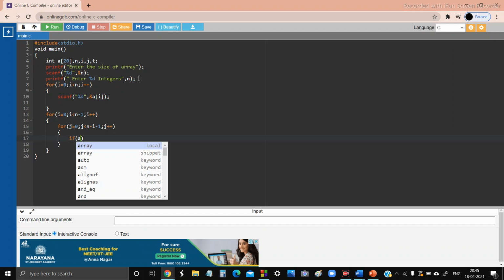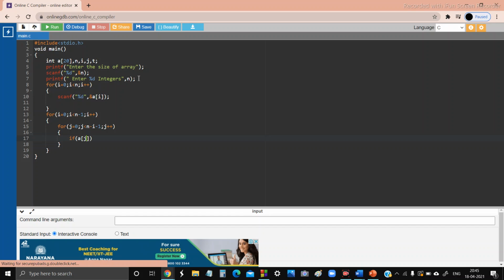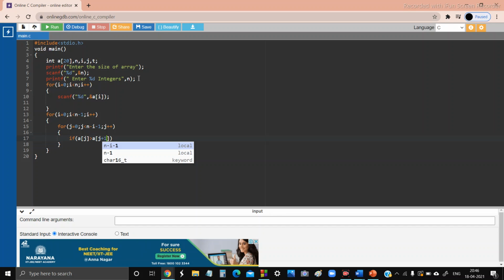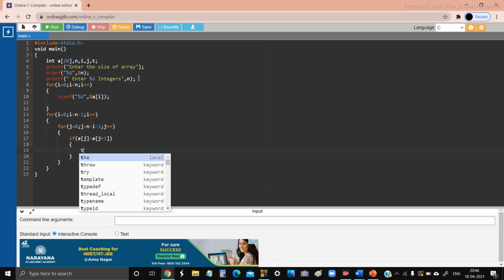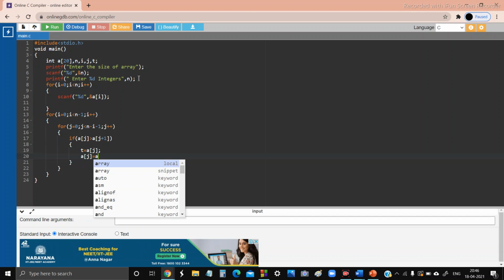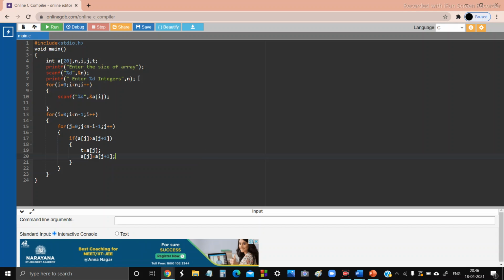If array of j is greater than array of j plus 1, t, the temporary variable, is equal to a of j, a of j being equal to a of j plus 1, and finally a of j plus 1 equal to t.